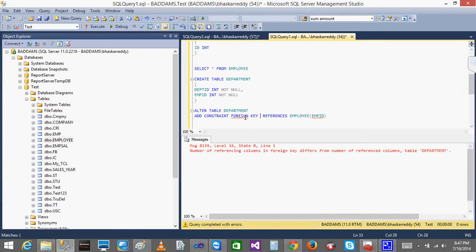No, it is wrong, it will not work. Inside the bracket, you are supposed to give the employee ID, which is a record from the employee table.